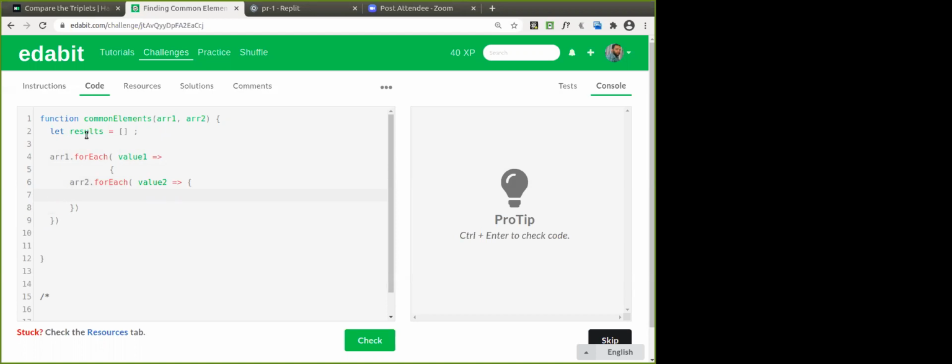Good. Now what we need to check? If value 1 is equal to value 2. Simple, easy logic I'm going with so that everyone can get that. Yeah, you can use for i equal to 0 to the size of the array. Is that clear, everyone? That's simply what you are going to do here. Results dot push. Of what element? Both are the same, no? So you can use value 1 or value 2. Is that okay? Is this clear, everyone?